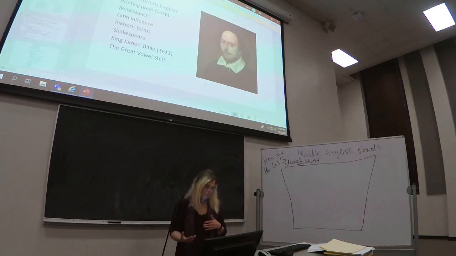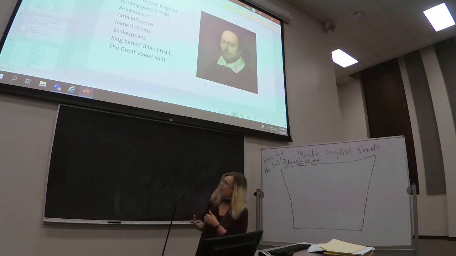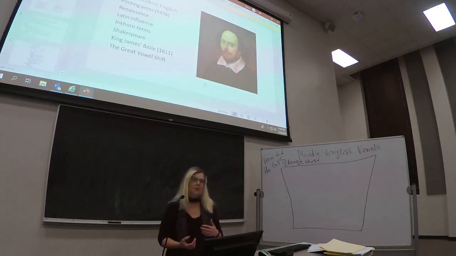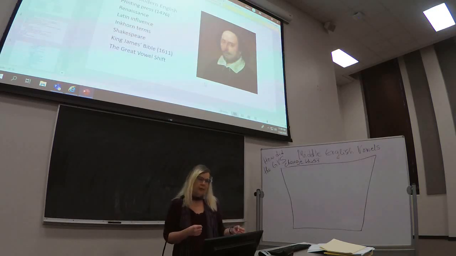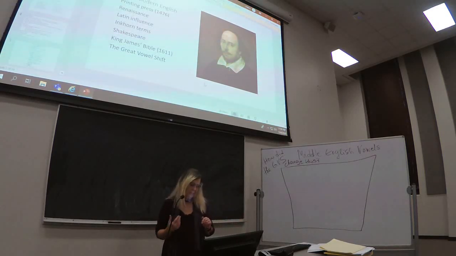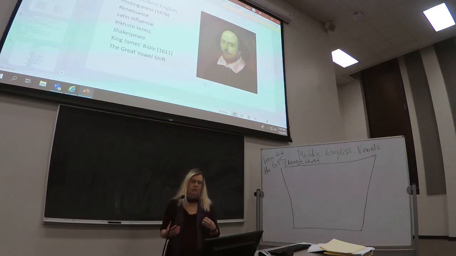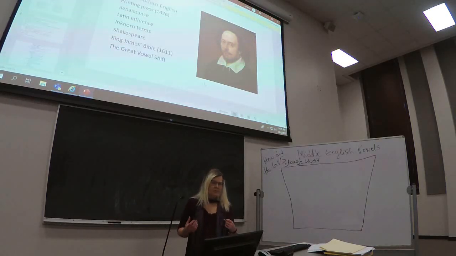cultural changes, political changes in England. The end of the Middle English period is said to coincide with an external event that is technically still part of Middle English, and that's the printing press: William Caxton bringing the printing press into England in 1476, and that had a huge impact on language because it